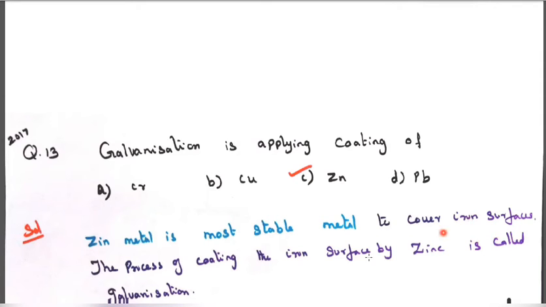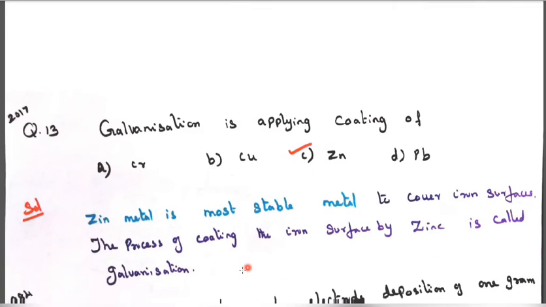Metals are covered with ions on the surface. The process of coating the iron surface with zinc is called galvanization, because whenever the metal iron is kept outside during the summer and the winter season, it loses its electrons. When it loses electrons, it becomes rust. So they connect a zinc rod to the iron, like a pious person who sacrifices their own life to the society. Zinc also sacrifices.